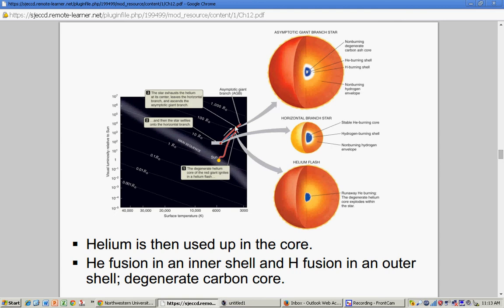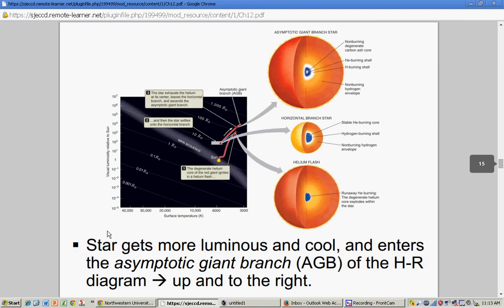And when that happens, the second stage begins in which the core starts to contract, the carbon core slowly contracting, and the star's outer layer expands because now you have two shells with fusion reactions going on. One is hydrogen, the other is helium, and the star produces much more energy than before. The star expands and becomes what is called an asymptotic giant branch star, an AGB star. Okay, and the star grows in size, becomes a kind of red supergiant, as AGB is a big one. So the radius can go up to more than 100 times the solar radius.